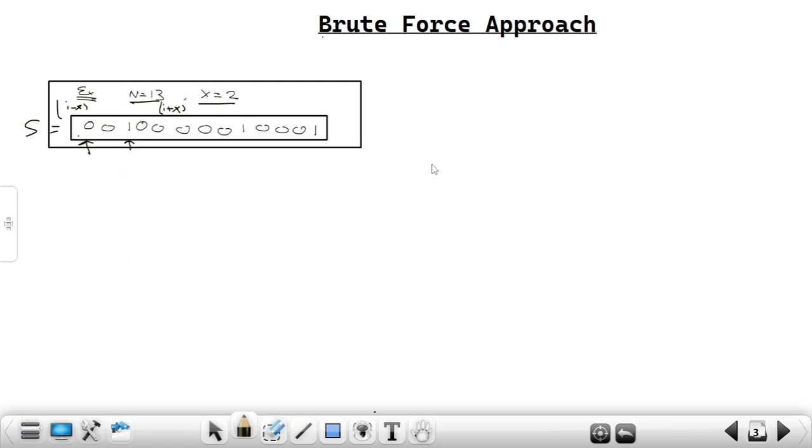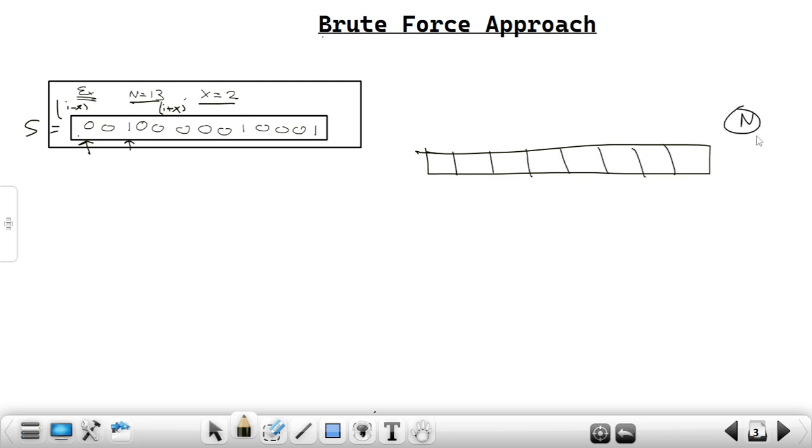I am going to take an additional array, and the size will be the same as the number of rooms, so n will be the size. Each value in this array will tell me whether the current room is able to receive Wi-Fi signal or not. So this is going to be a Boolean array, because we are going to have only two values. Let's call it a Boolean array